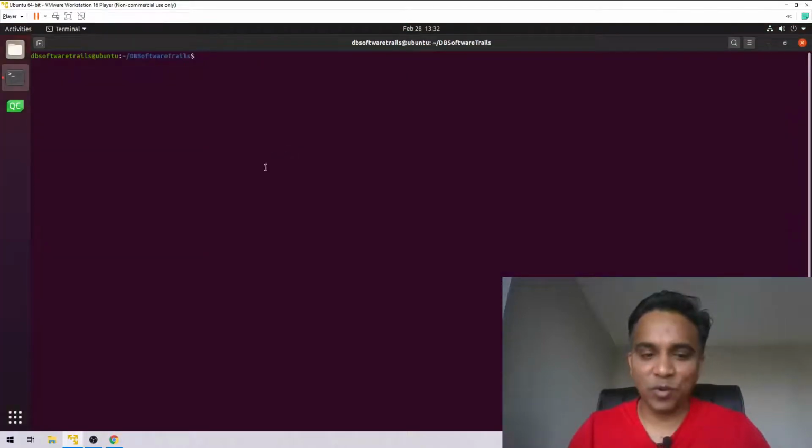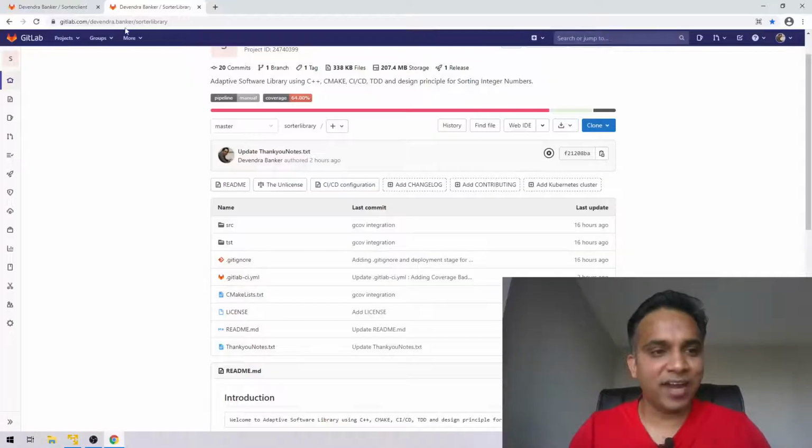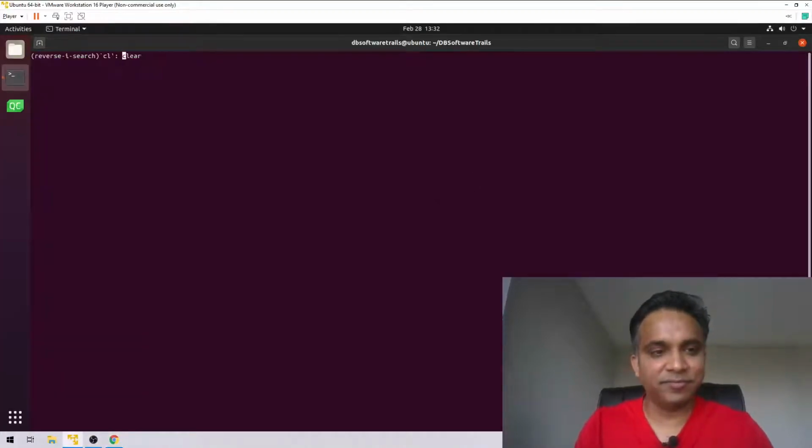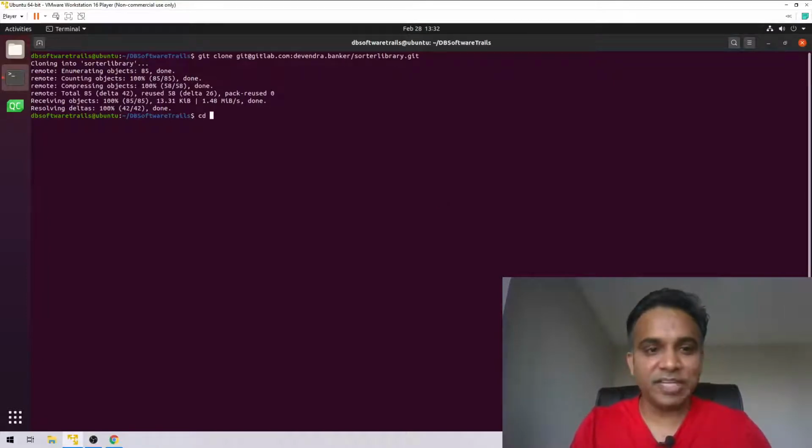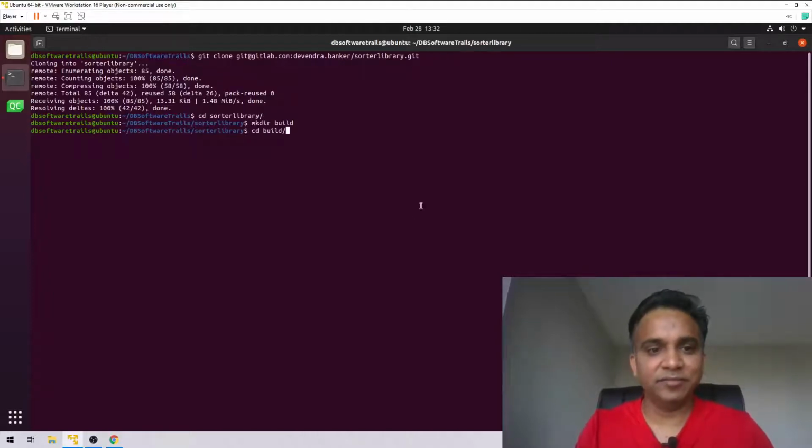First we will get the code. The code can be found at GitLab. We will check out the code. Once the code is checked out, it is built on CMake. So we are going to run the CMake, create a build directory,